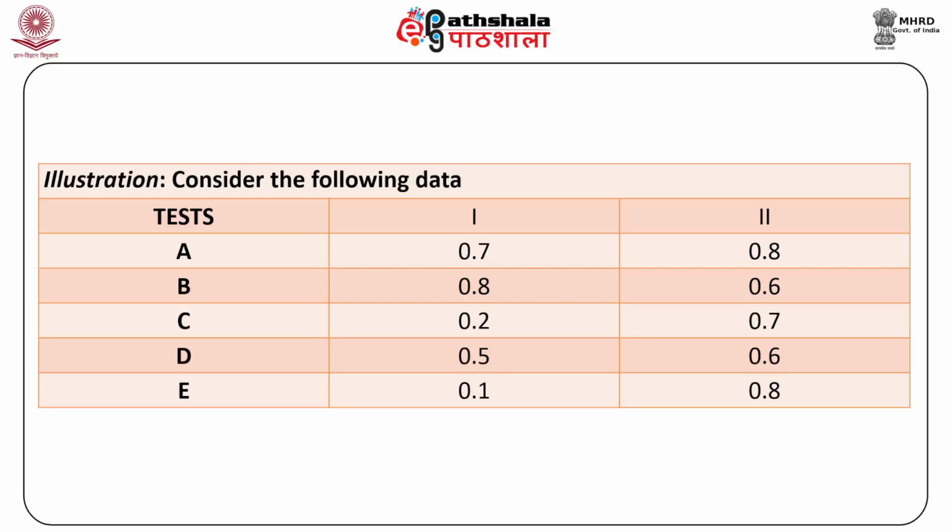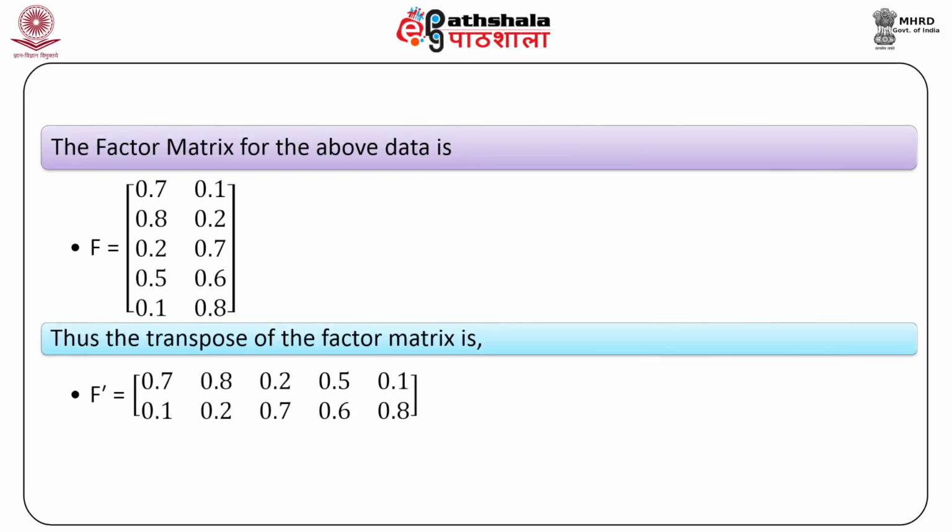Illustration. Consider the following data: test A, B, C, D, and E. The corresponding factor loadings are: for factor 1, 0.7, 0.8, 0.2, 0.5, 0.1; factor 2, 0.1, 0.2, 0.7, 0.6, 0.8. The factor matrix for the above data is F is equal to matrix 0.7, 0.8, 0.2, 0.5, 0.1, 0.1, 0.2, 0.7, 0.6,